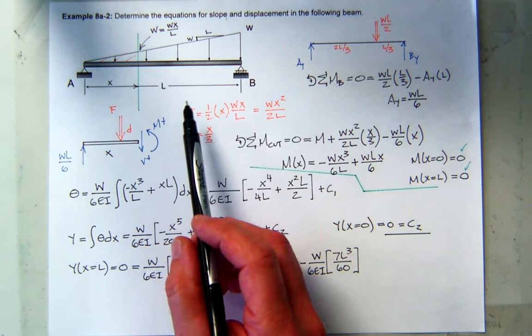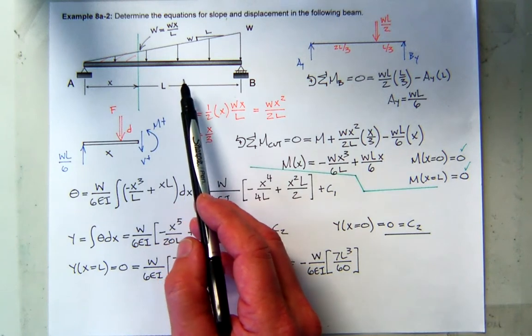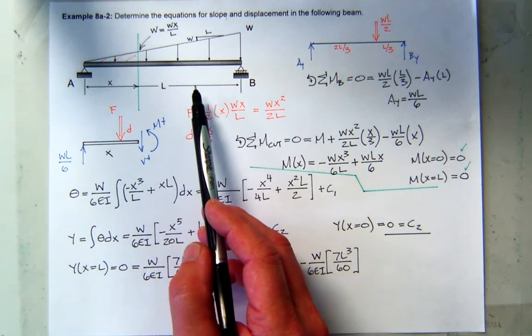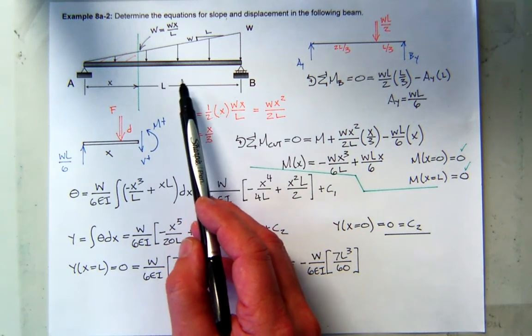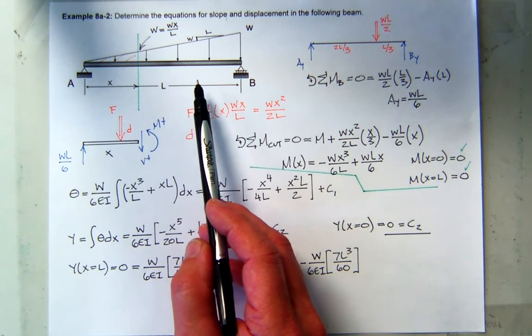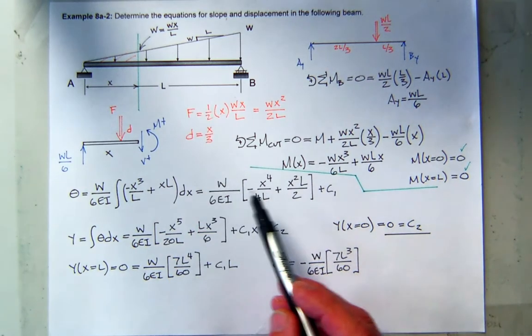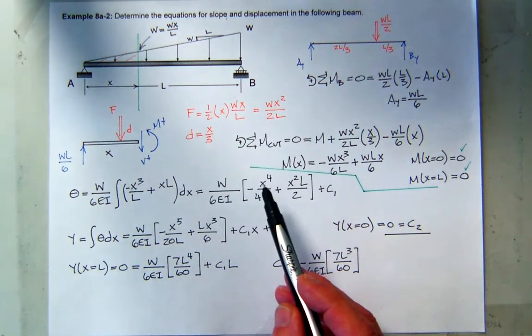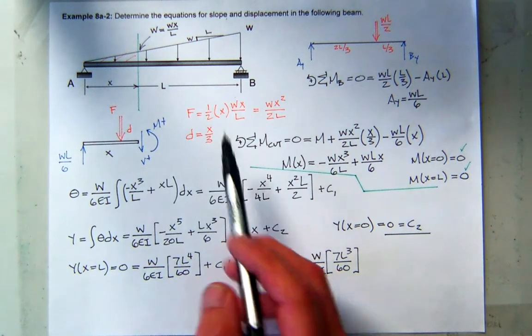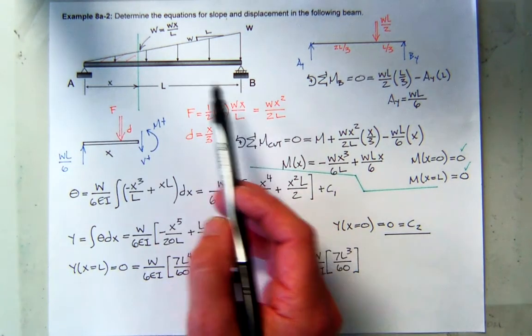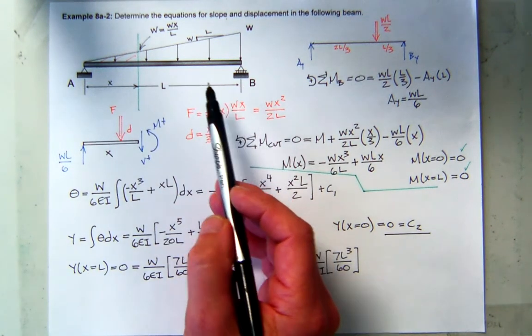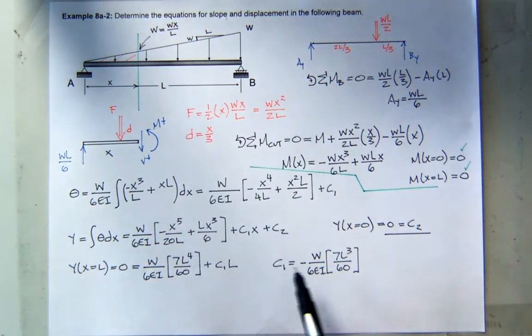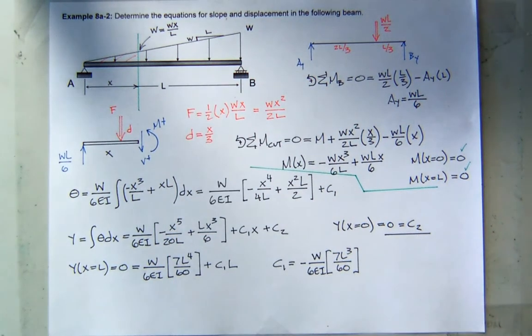I just happen to know that the answer is somewhere about like 0.55 L, just a little to the right of the center. And once you found that root, remember there's technically 4 roots here. Once you would find the one that's between 0 and L,